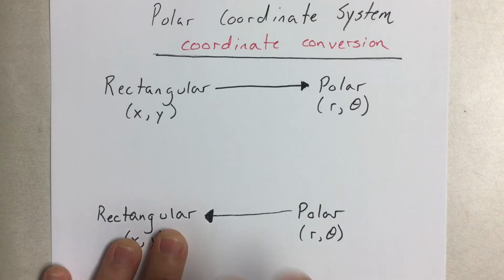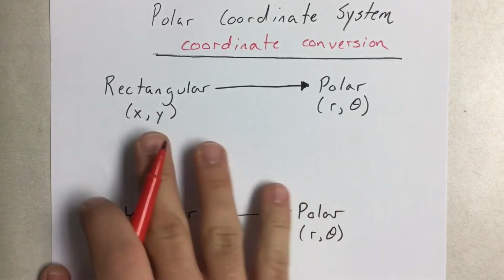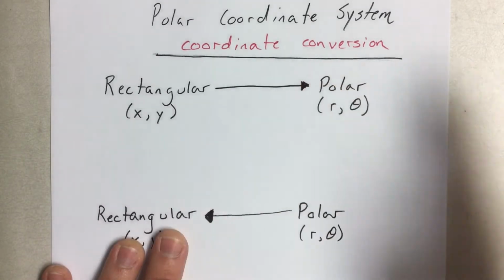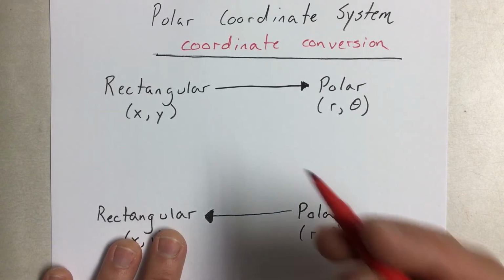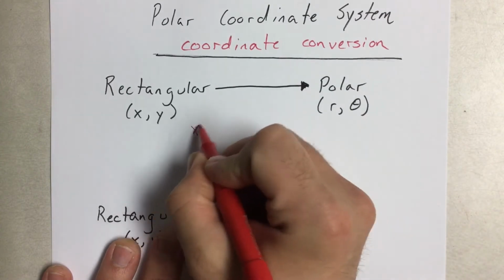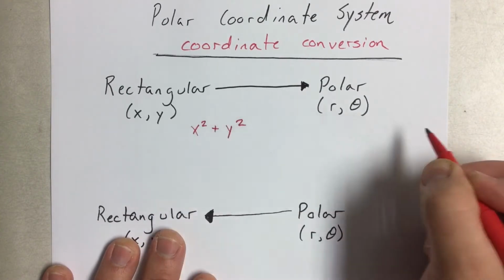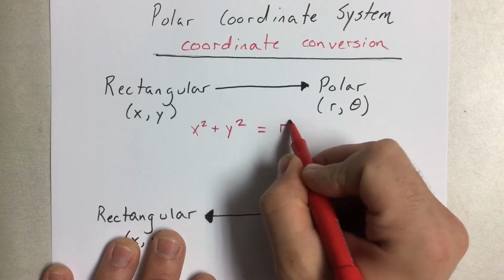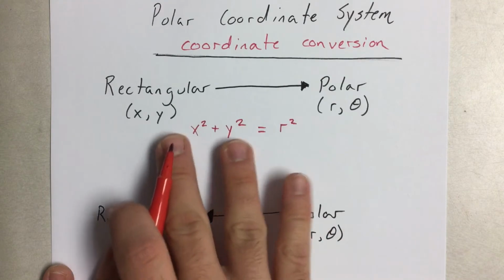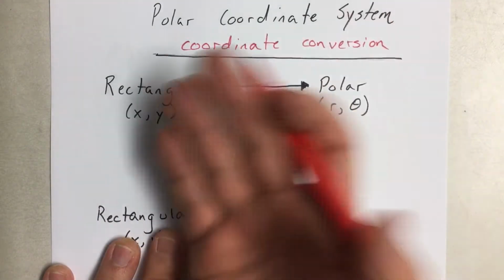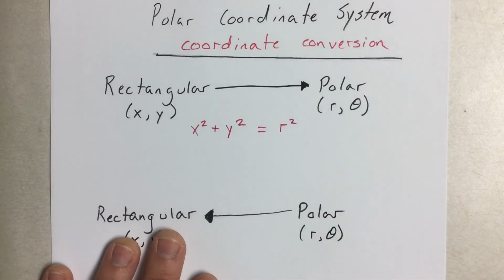So if I wish to convert a rectangular coordinate x comma y into the polar coordinate system r comma theta, we have two conversion equations to use. One that gives us the radius and one that gives us the theta value. So if I have an x and a y, I can say x squared plus y squared will equal the radius squared. So this should look familiar. It's the circle equation. If I square x, square y, I would just have to square root that value to get the radius. And then if I'm finding theta,